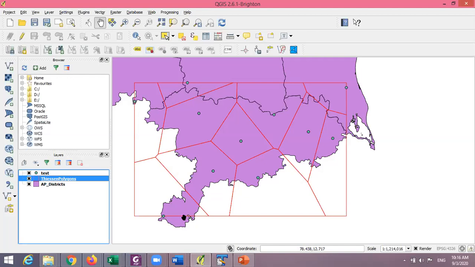So now I've got my Thiessen polygons. Now what do I do? Fraction of total rainfall. I mean, you can calculate. If you remember the formula, the average P bar is basically P1 times A1 plus P2 times A2 plus P3 times A3 plus P4 times A4 and so on, divided by A1 plus A2 plus A3 plus A4, and so on. Now the question is, what is A1, A2, A3?